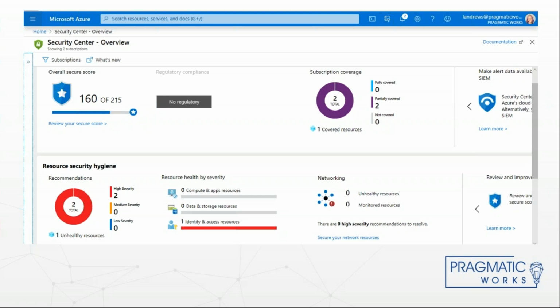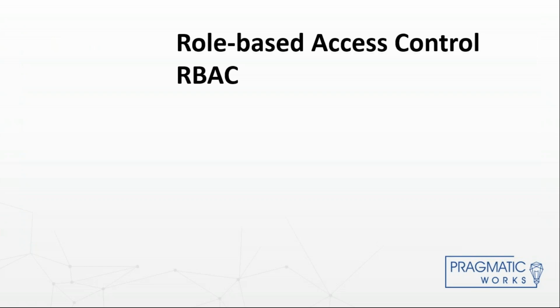So here's an overview of the Security Center that's provided with Microsoft Azure. We can see that I have some issues with the servers that I have set up and running. It's mad at me because I've got identity and access resources that aren't set up properly, but it's very intuitive. I come in here and look and I see it's red, right? It wants me to go and fix something. It's looking out for my best interest to make sure that my data is secure and that I'm doing all of the things that I need to do as a user to make sure that my organization stays safe.